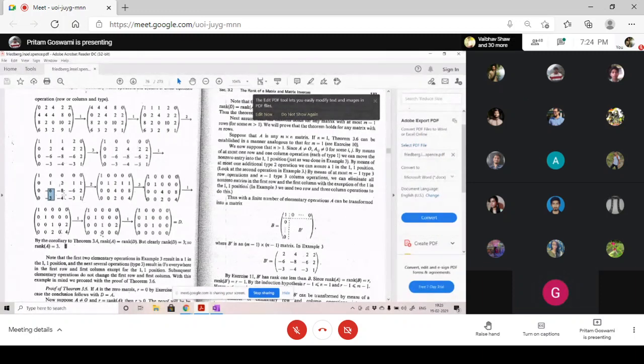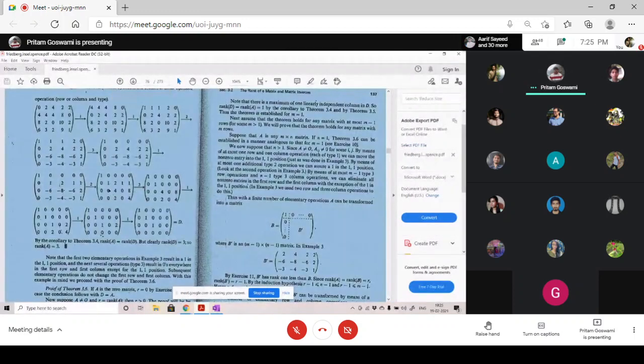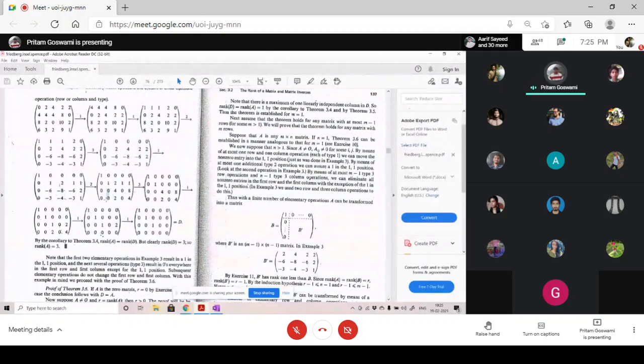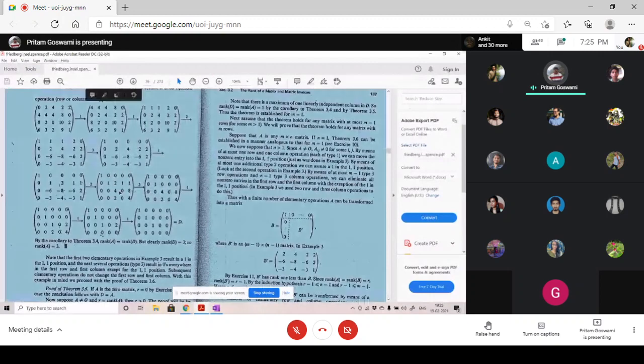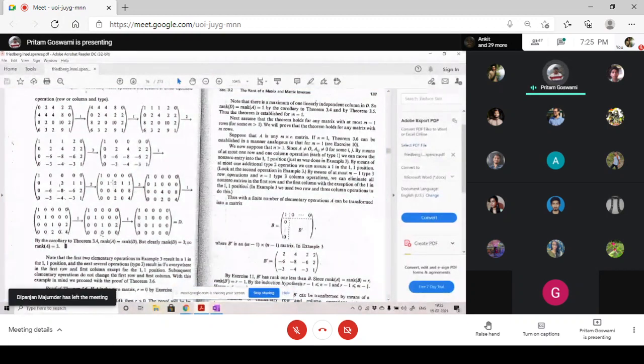So for that, they have multiplied the second row by 6 and added it to the third row. It will make this -6 into 0, and multiplied the second row by -3 and added it to the fourth row. It will make -3 into 0. Here they have made it 0, and by doing that you get this matrix. And again they want to make this 2 1 1 0 also using column operation. Similarly, they have used the column operation and made this 0.